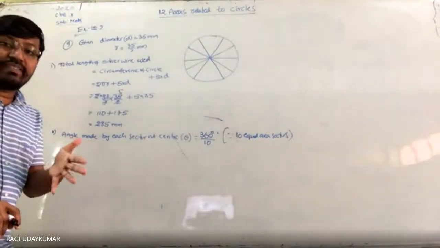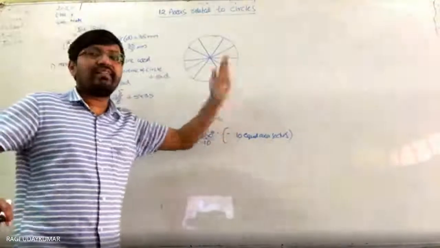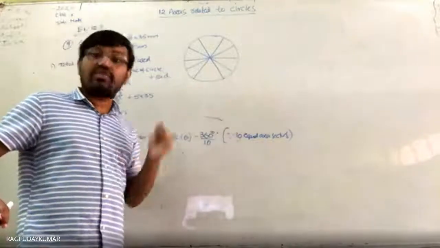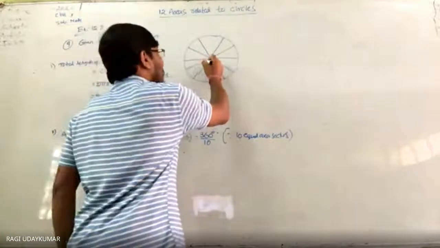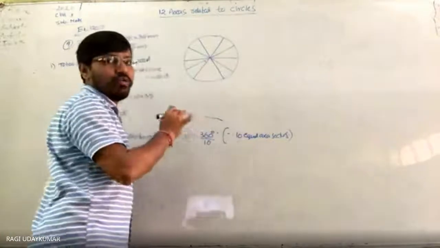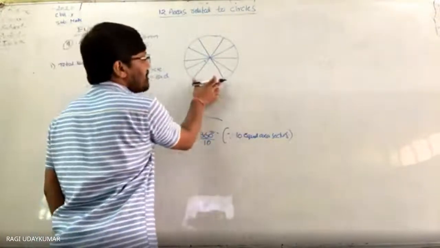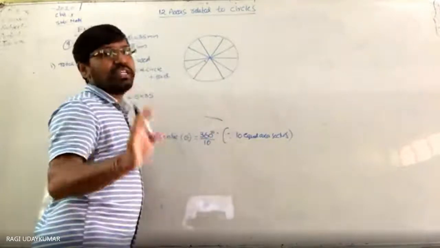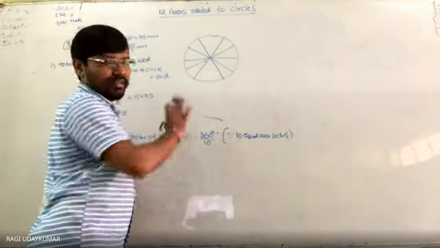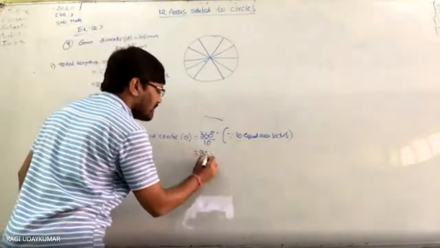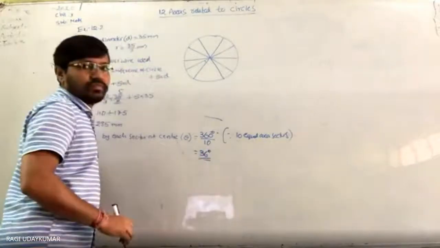Sir, 5 only given ना, 5 diameters will divide the circle into 10 sectors. So 10 each part if you want this angle to find it. Here in the figure I have drawn to you little bit wrong है, ये थोड़ा ज़्यादा आ गया है, but in the question it is very clearly given. So ये rough figure है, so that's it. 36 degrees is the angle.